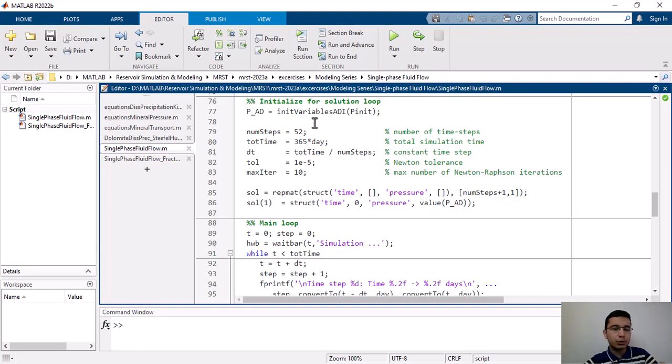And in order to use automatic differentiation, I have used the function initVariablesADI, and the input argument of this function is the initial pressure of the system. This is the initial pressure that I talked about in the previous video, and this is the input argument of this function. And if I run this code,